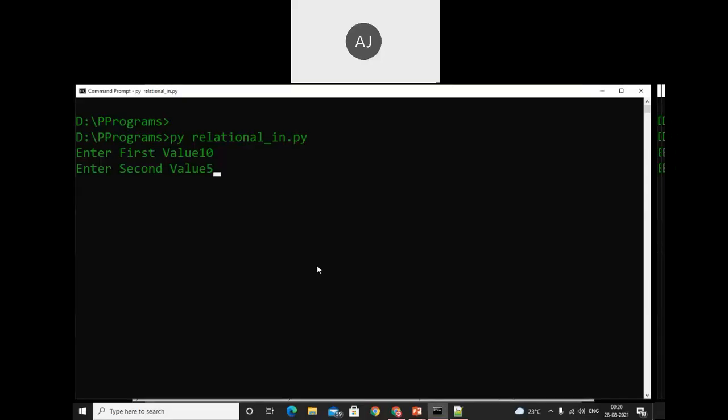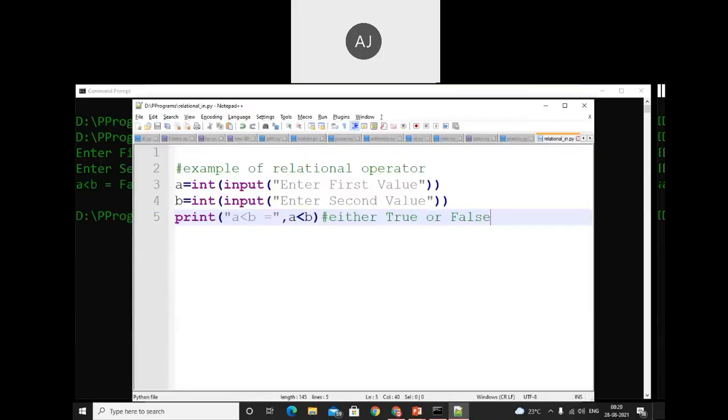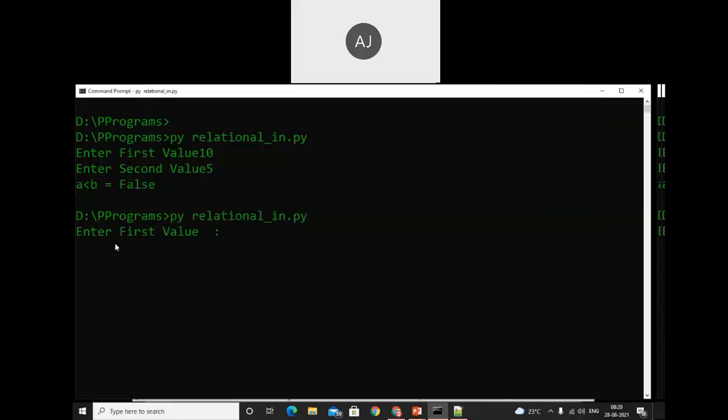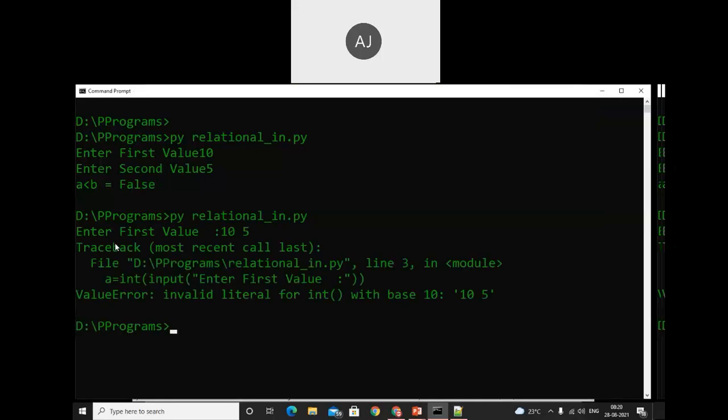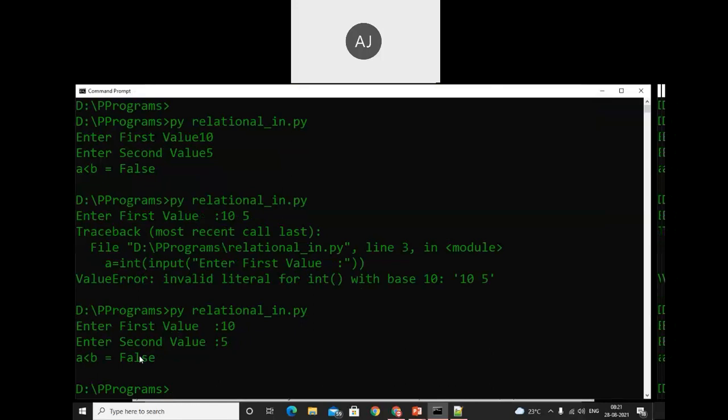In that case, we did not say anything about which value is greater, but when we accept the value, in that case, we can say that. So 10 is not lesser than 5, so we get the false output. See, we get the false output. We need to now save it and I will execute. See, we get 10 and 5. First is 10 and second is 5, so we get that the first value is not lesser than